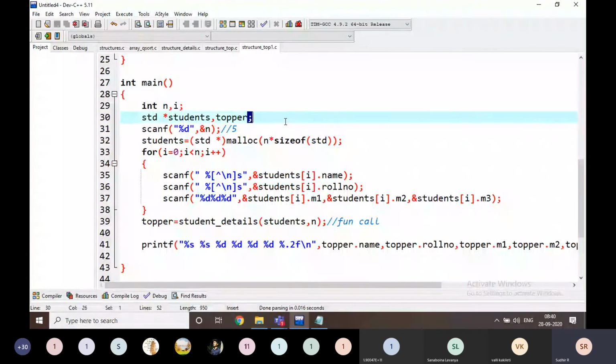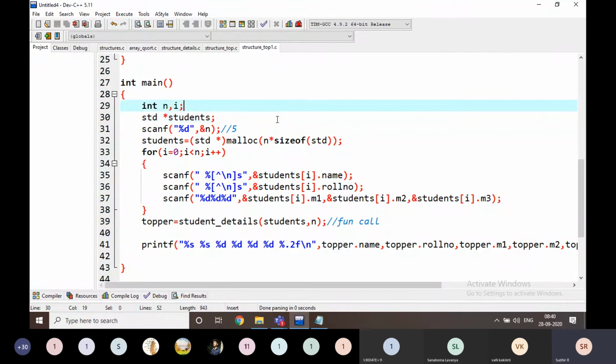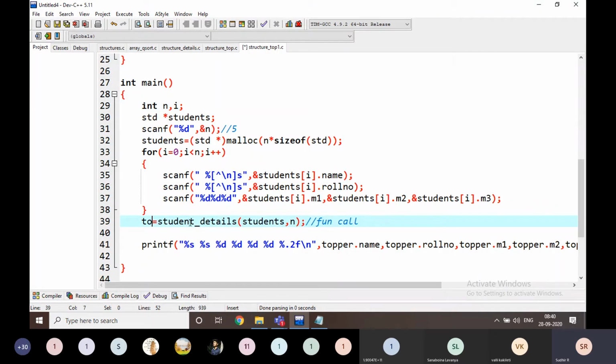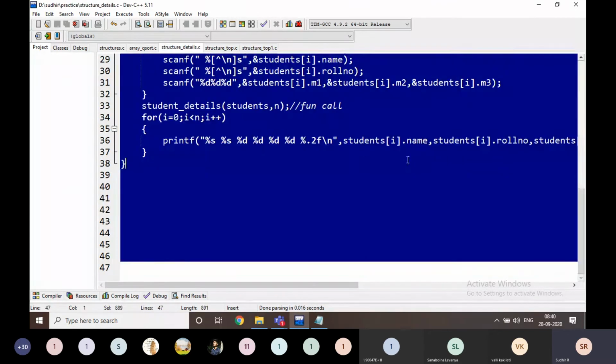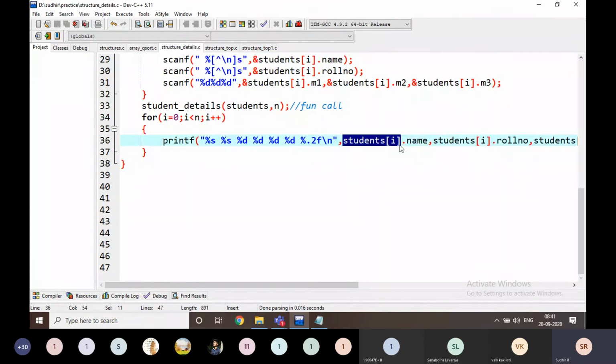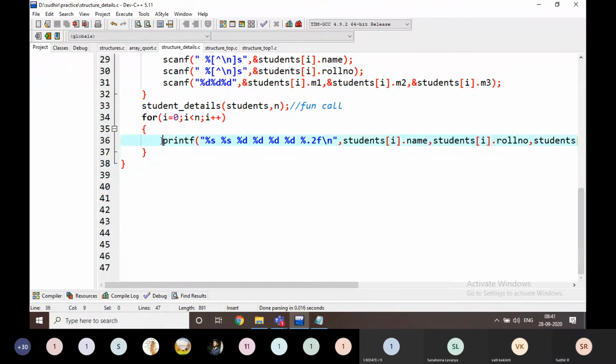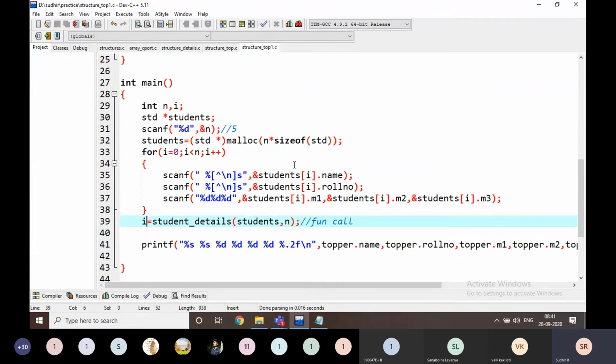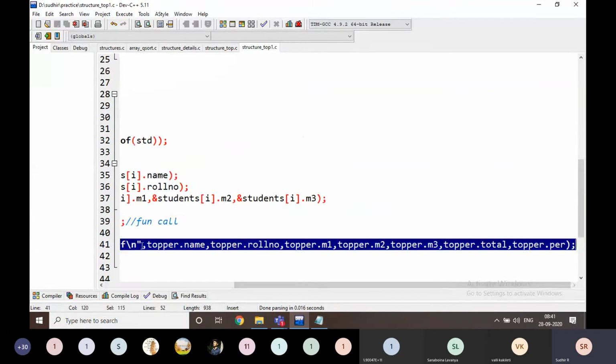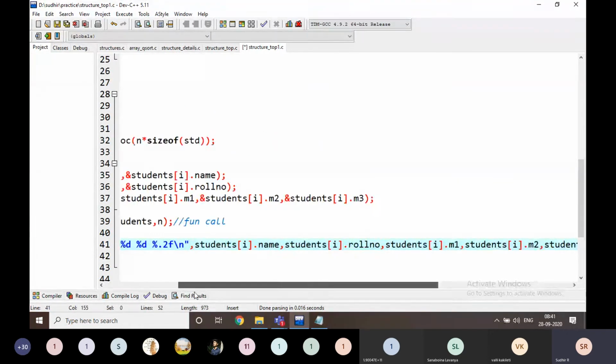Here there is no topper and no need to place it in another way. Here I'm going to write some i only. For example, instead of printing this value, I'm going to print like this.